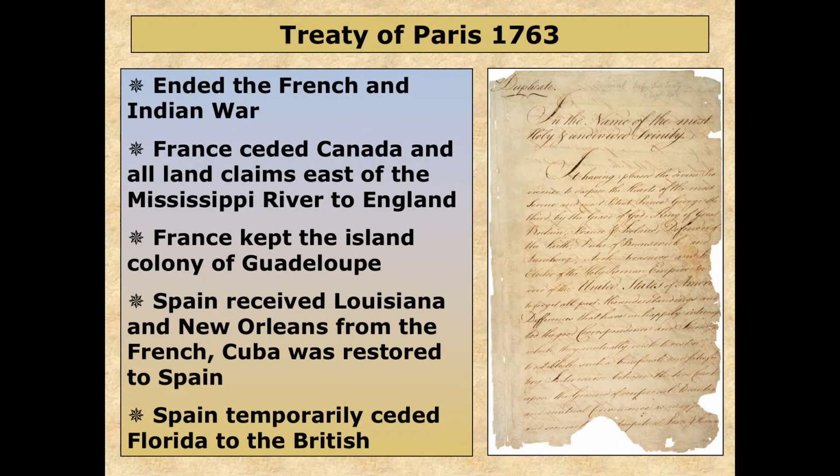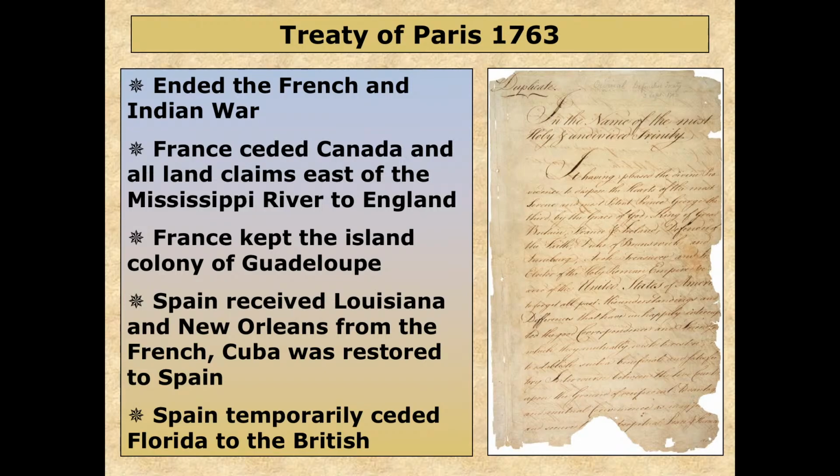Here's a disclaimer, guys. Most of the important treaties that you got to know for APUSH history are going to be named Treaty of Paris or Treaty of Versailles. There's a few others thrown out there, like the Treaty of Ghent, Adams-Onis Treaty, Picquigny's Treaty, that are different. But usually, Treaty of Paris, we're going to have several of them.